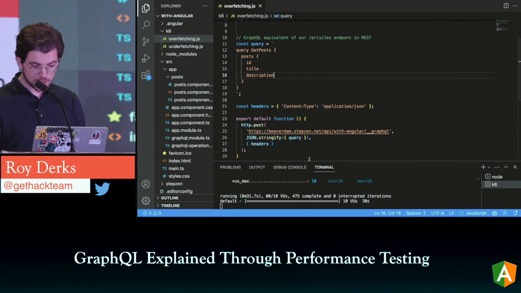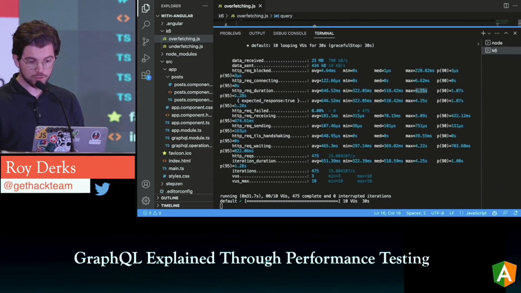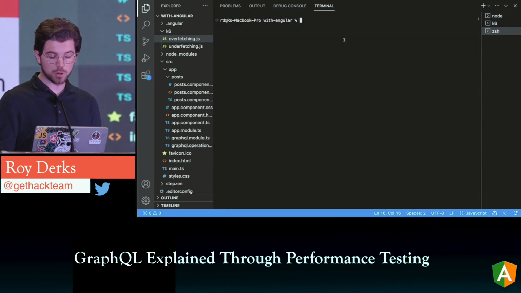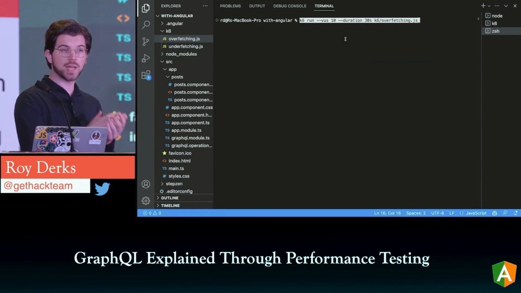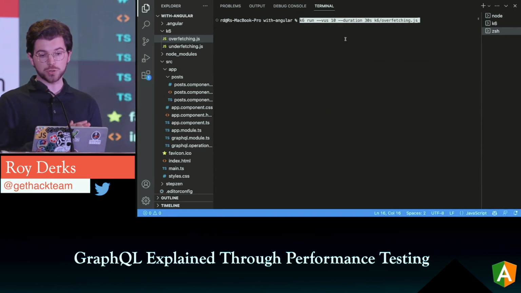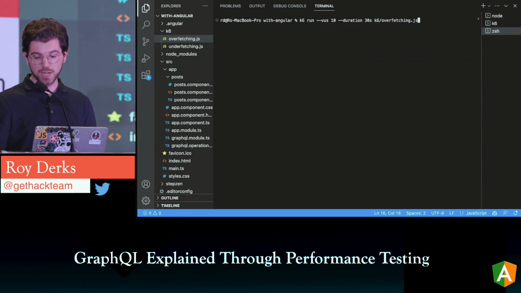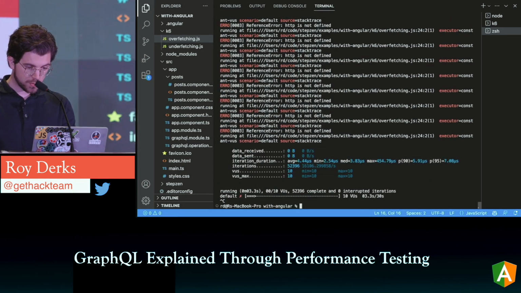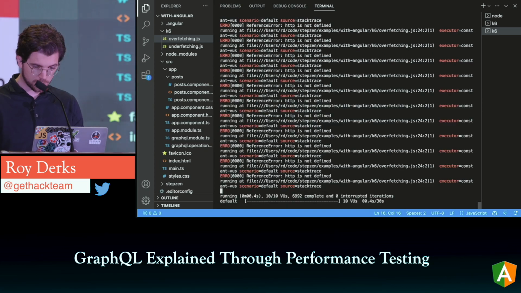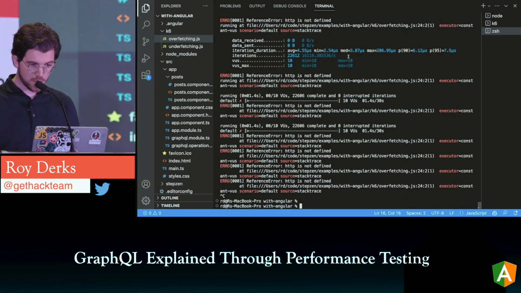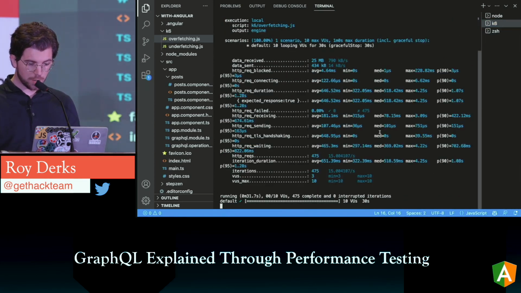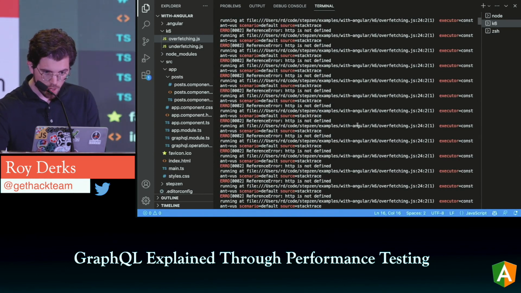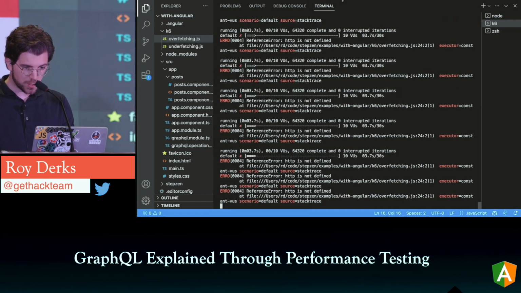So if I save this, and I will be opening a second terminal window, like this, we're going to be running the same command. So again, we're using k6, we're going to get 10 virtual users over a duration of 30 seconds. And we're seeing an error. That's interesting. Let me try and run it again. So let me just go back here and use this same window. That's interesting. Did I delete something?